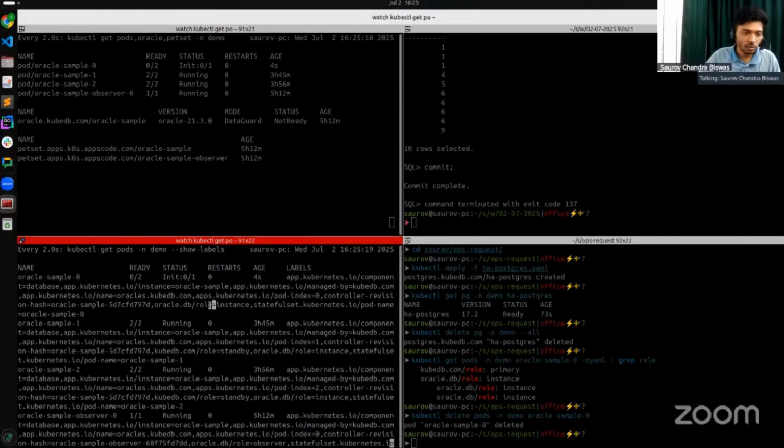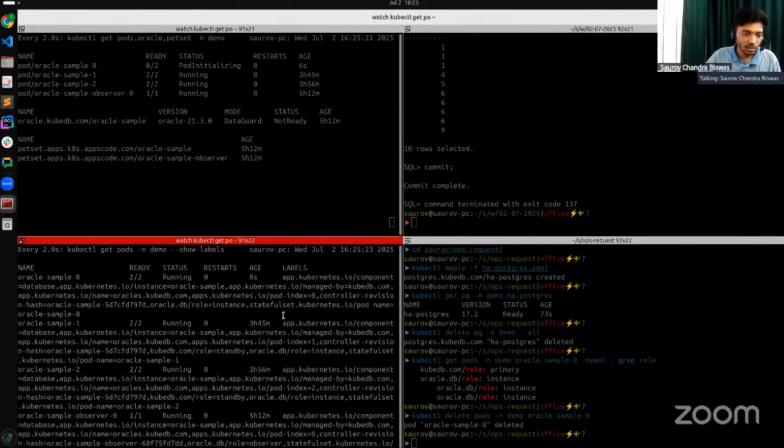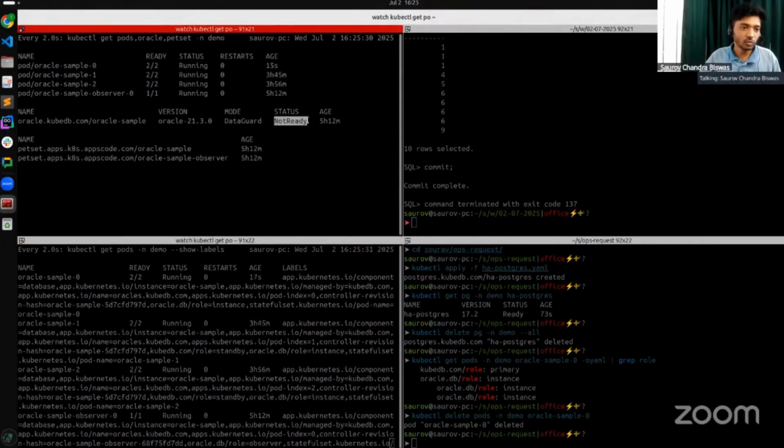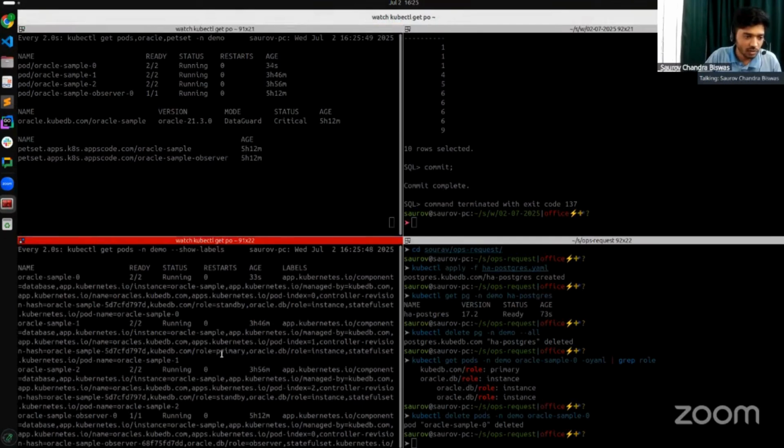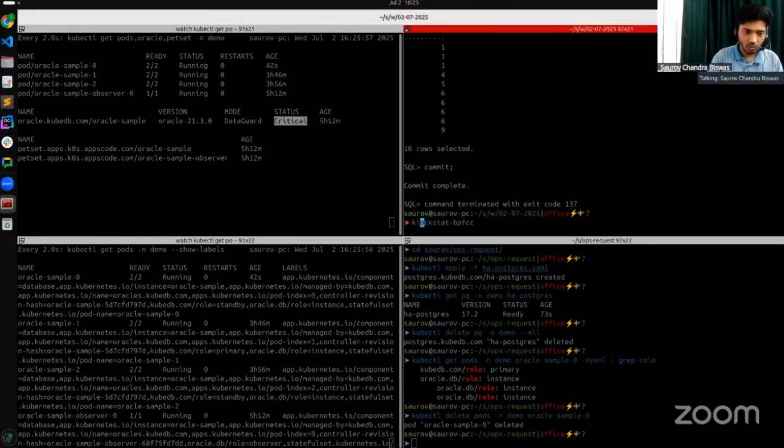So it has lost the role, and let's see if some other pod gets the primary role. Okay, you see our database has moved from ready to not ready, and not ready means basically there is no primary in the cluster currently. Yeah, you see the failover happens. Now Oracle sample 1 is primary, and if I show you the log from the observer,